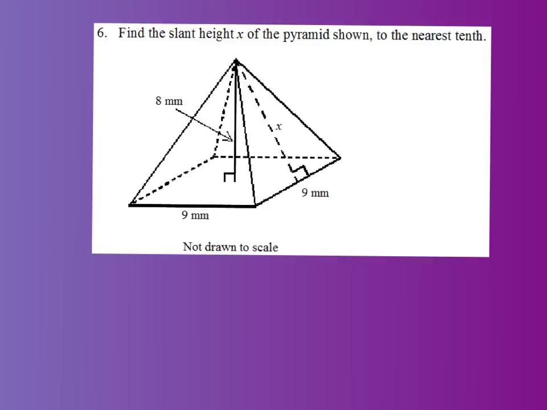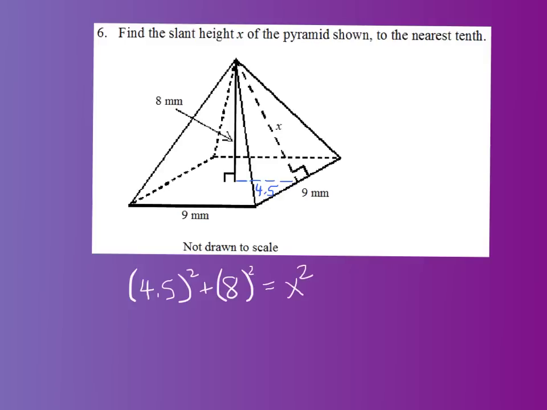For this problem, they're simply asking us to find our slant height. So they've given us our height. This is one of my side lengths, which is 9. So if I go ahead in here and finish off this triangle, I know that that piece is going to be 4.5 because it's going to be half of my whole side that's 9 here. So now all I have to do is use Pythagorean theorem. I know that 4.5 squared plus 8 squared, because those are my two legs, will equal x squared, my hypotenuse